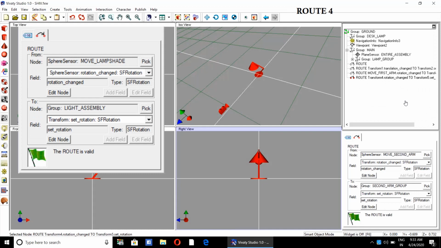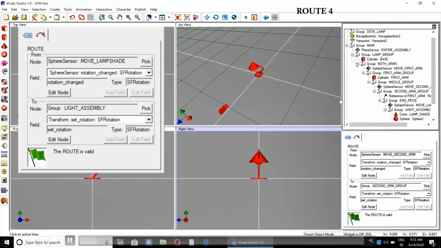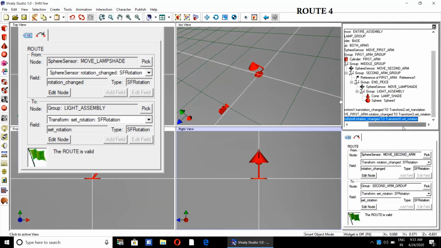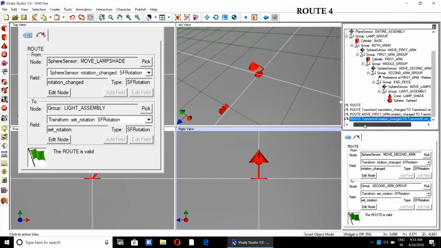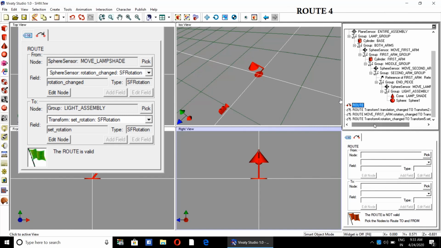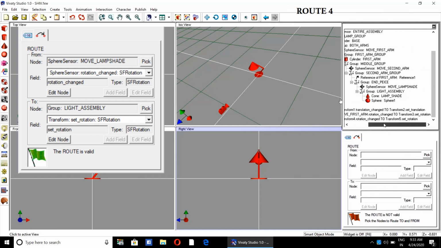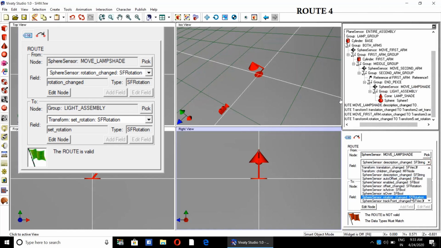And then there will be final route, that will be from the sphere sensor of lampshade. Pick the lampshade and the light assembly. Change everything to SFRotation.